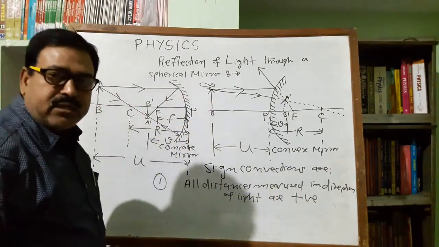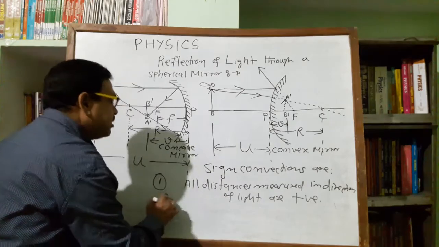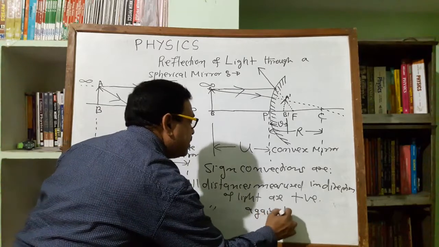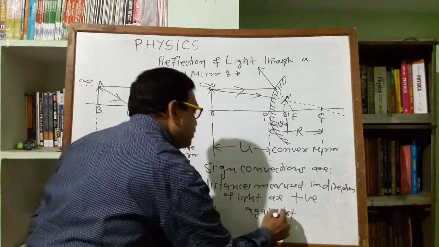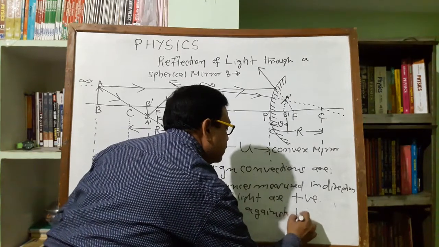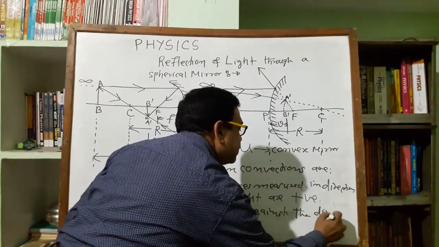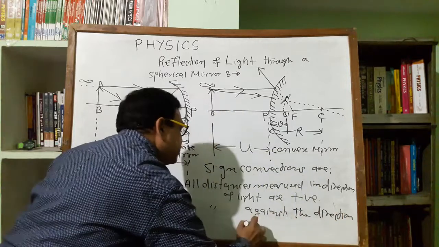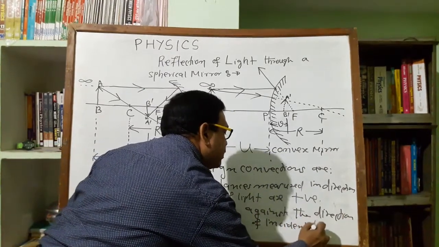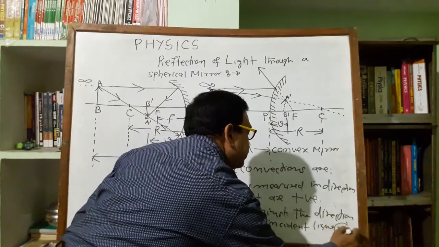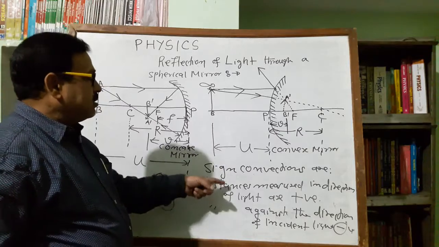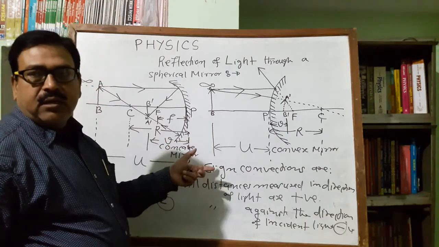The second sign convention is that all the distances measured against the direction of incident light are taken negative. So these two rules decide the sign convention of object distance, image distance, radius of curvature